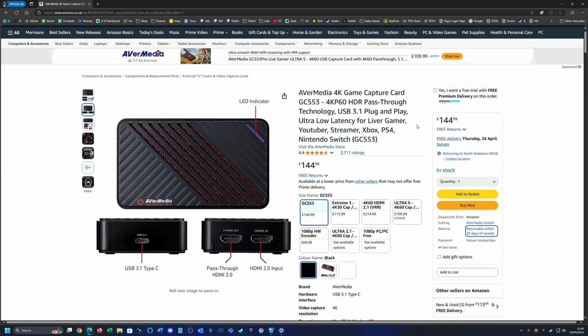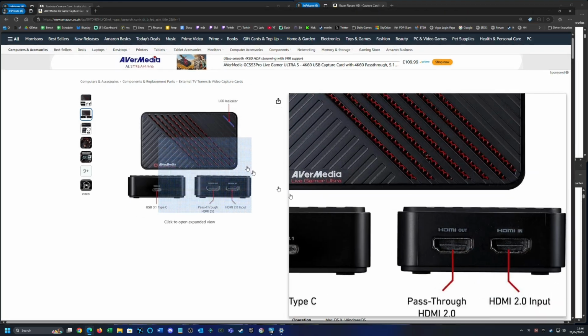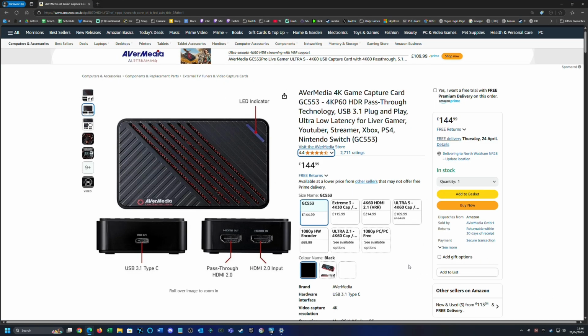Lots of people have got this and really like it. It's 4.4 stars out of 5. This will pass through 144 hertz. This is why I needed this. I've got a 1440p monitor and I wanted to play at 144 hertz. So the other two, the top two cards would not do this. And it worked very well. And just these occasional little lockups meant I ended up having to return it very reluctantly because I really liked